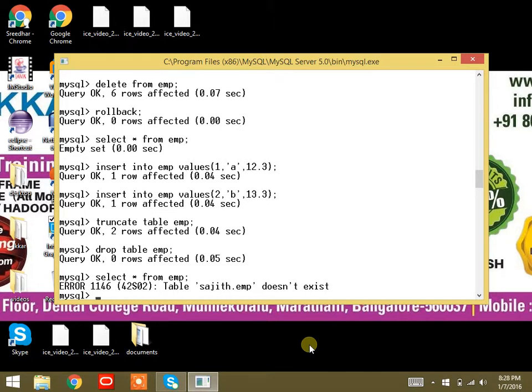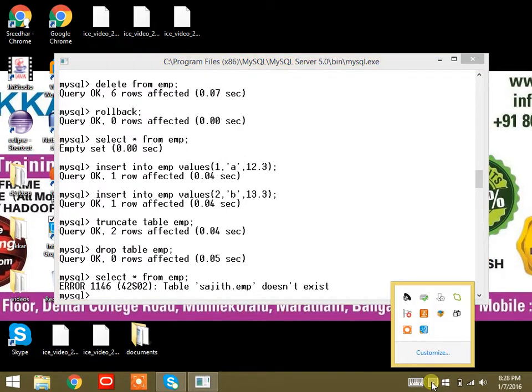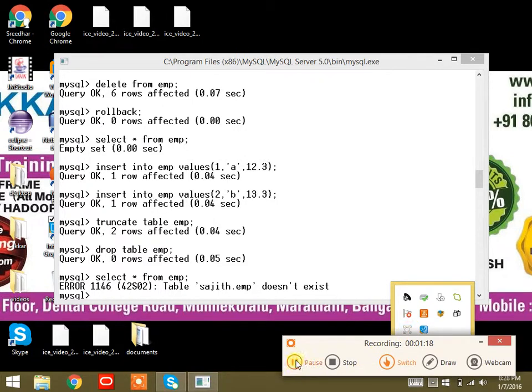Okay, sir. But based on a condition also. We are using TRUNCATE TABLE. Everything is deleted. Then if we search for the table again, will it not show? It will show. After truncate, if you do select star from the table, it will show an empty set. But when it comes to drop table, if you do select star from EMP, it will not show the table at all. For truncate and delete, these are only to delete the values.